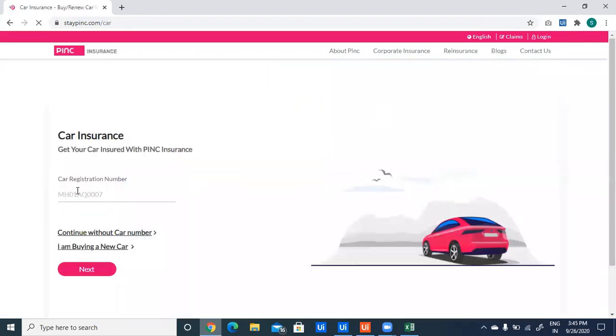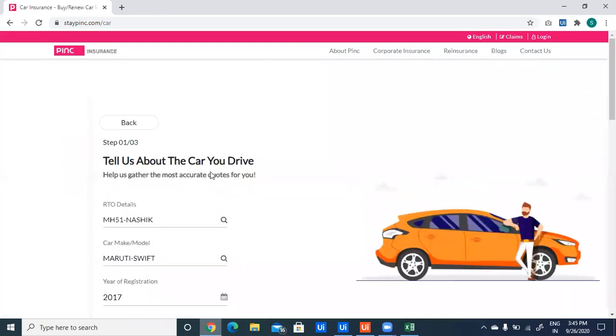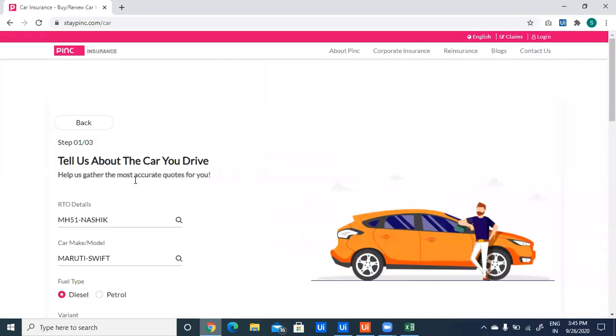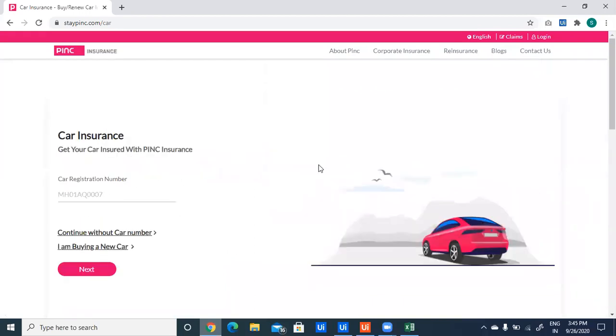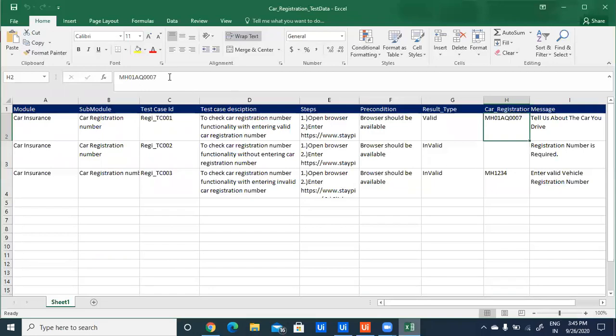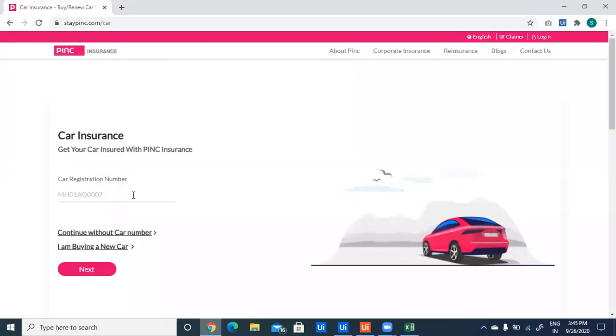After clicking on the car icon, we get this car registration number page. If data is already saved, then it navigates to the second page, so click on the back button. Now we are checking with valid data. The first test data is my valid car registration data, so I'm entering this valid data in the car number